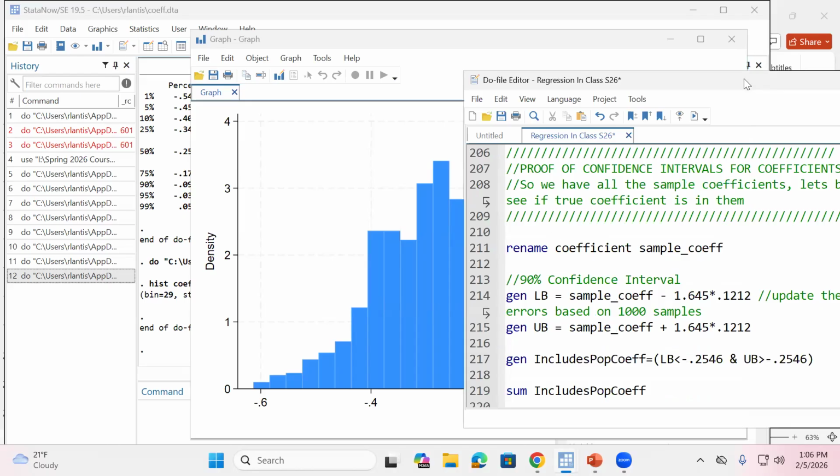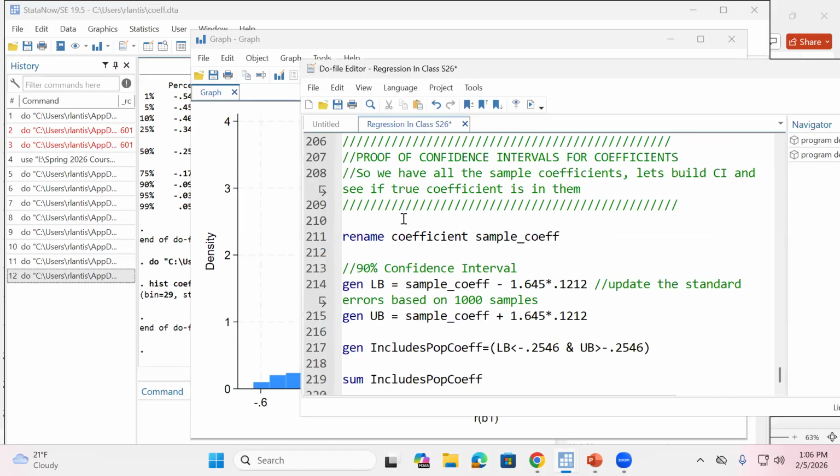Just because we were talking about confidence intervals, if I had those same samples of size 100, I'm just going to have some code here, where basically I create my lower and upper bound. So for each one of those samples, I take my sample coefficient. I would then add and subtract that margin of error. So the margin of error was the number of standard deviations away we needed to go to get alpha over 2 in each tail. Right? So the value for the 90% confidence interval is going to be about 1.65 or 1.645. I'm then going to multiply that by the standard error I calculated.